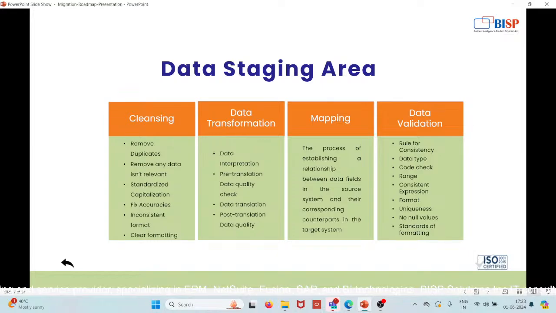For instance, if the object is to migrate employee information, there is no need to include unrelated data fields like client email address. Thus, defining the scope of relevant data ensures a streamlined and efficient migration process. The third thing is